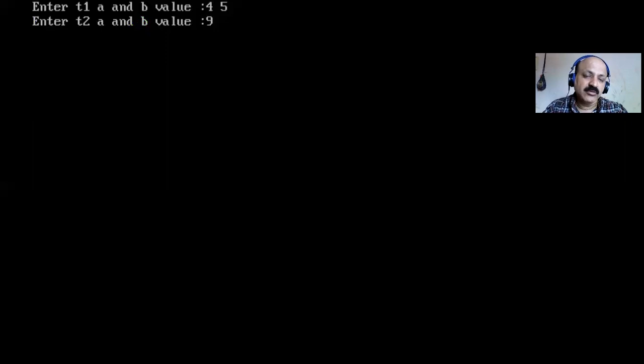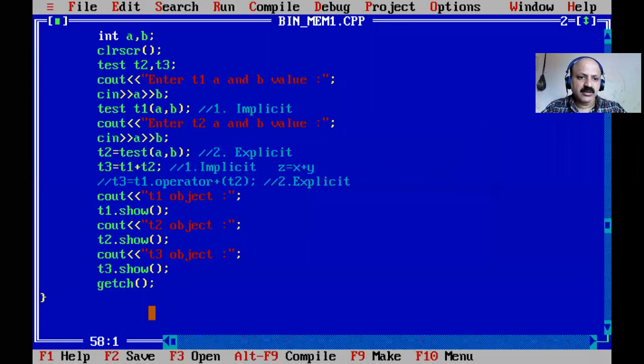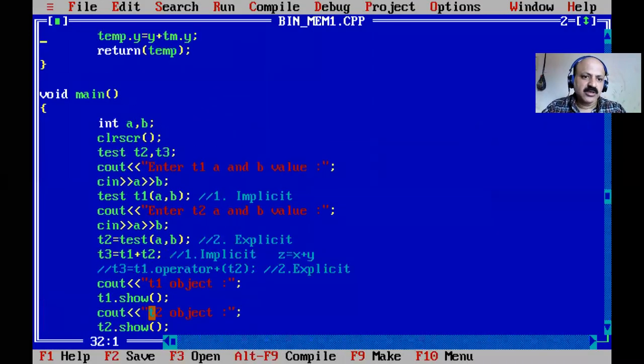Previously I gave one value, a blank, and then the second value. Now I give one value and hit enter, and then it asks for the second value. So I give 8. So 4, 5, 9, 8. The sum is 4 plus 9, which is 13, and 5 plus 8, which is also 13. I gave this type of value so the sums are the same, but we can give any value and there is no error. So that is dynamic; we can say it is our choice, and we can take the sum.